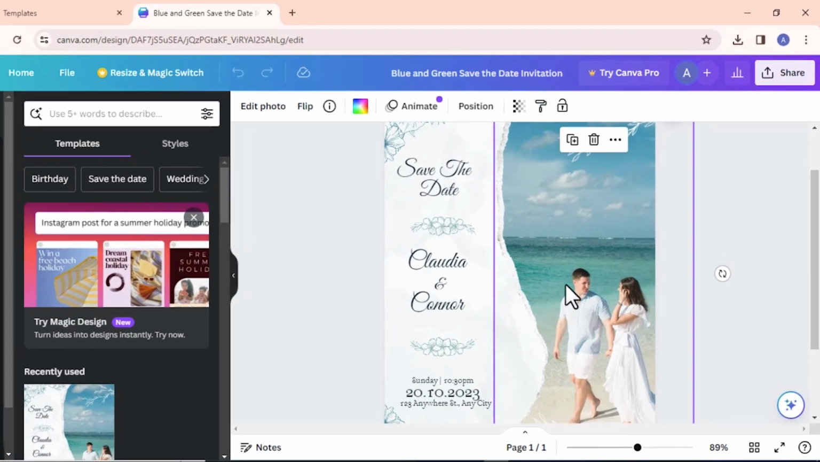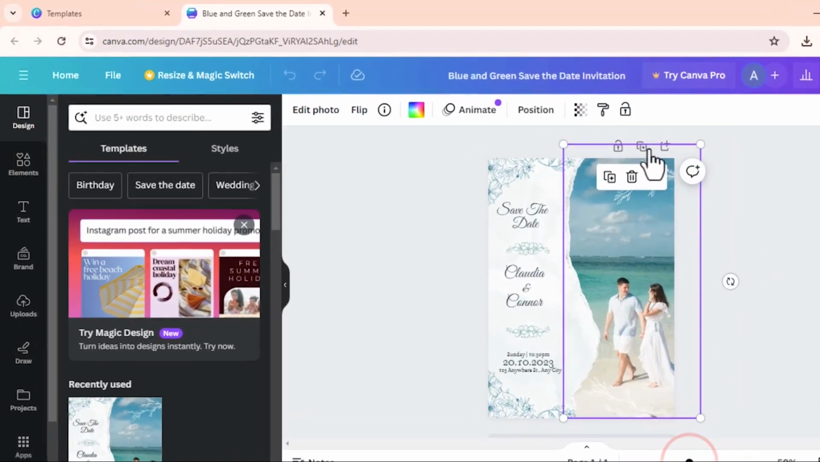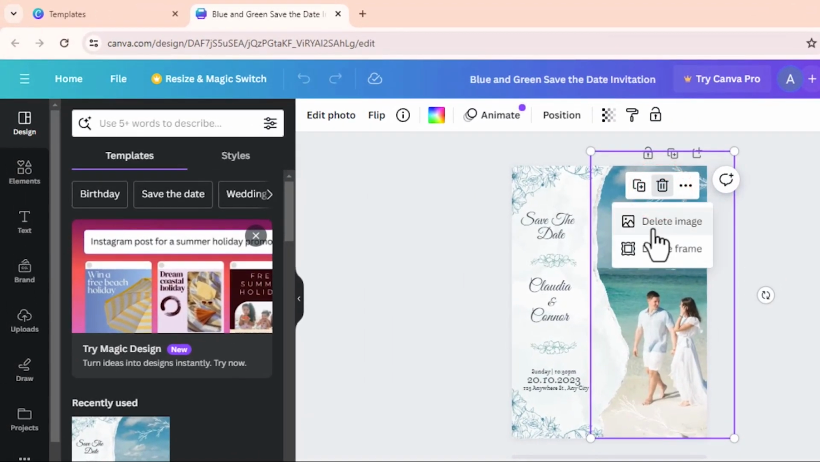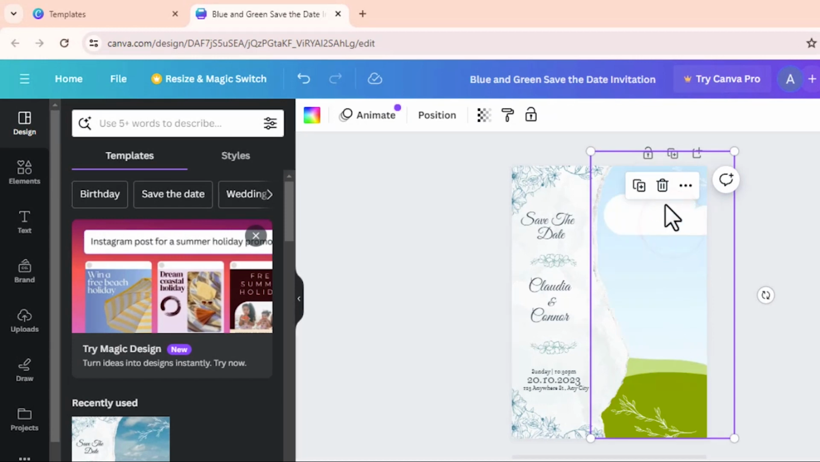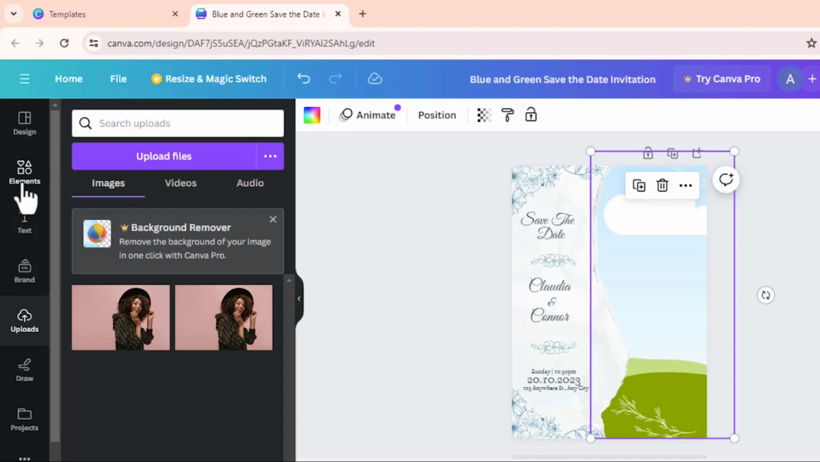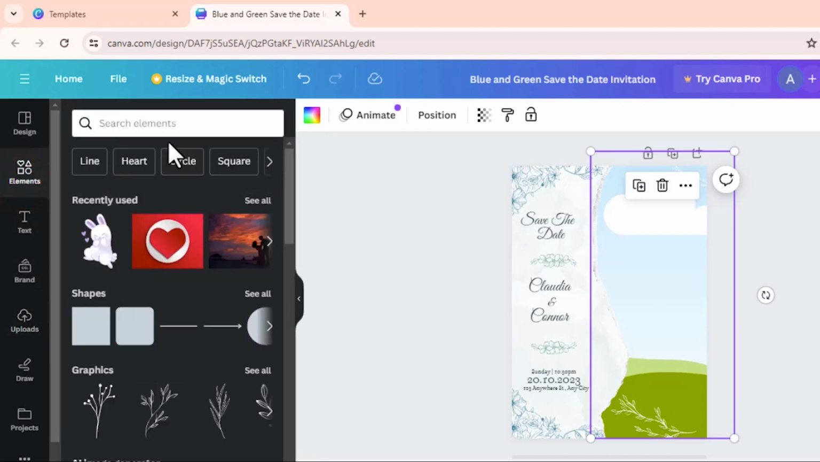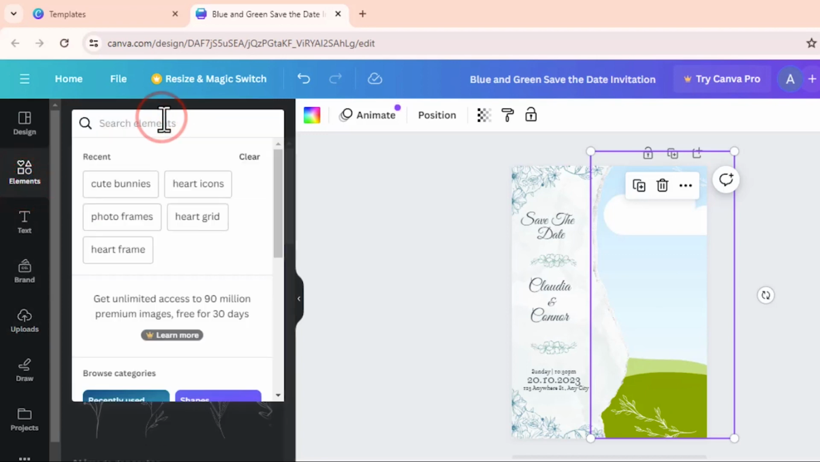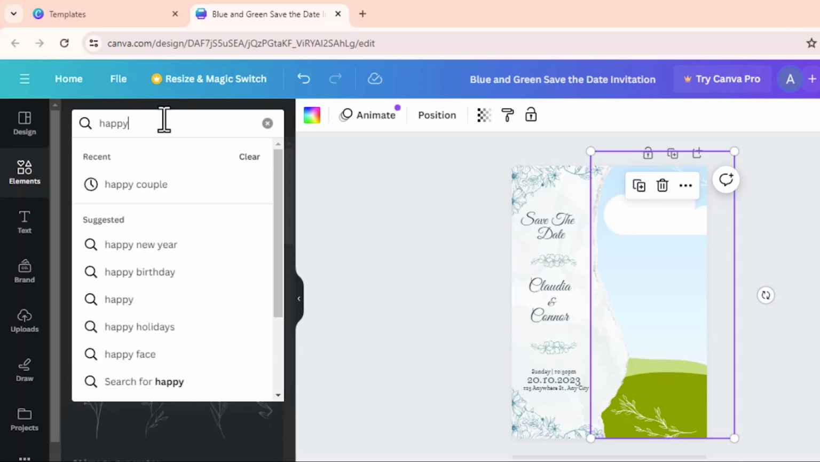So I'm just going to click on the image. Let's zoom it a little bit and then click on delete. So I'll just delete the image and retain the frame. Now, if you have specific people you're designing for, you just upload the image from over here and then place it here. But right now I just want to search for a married couple. So just type in happy couple,